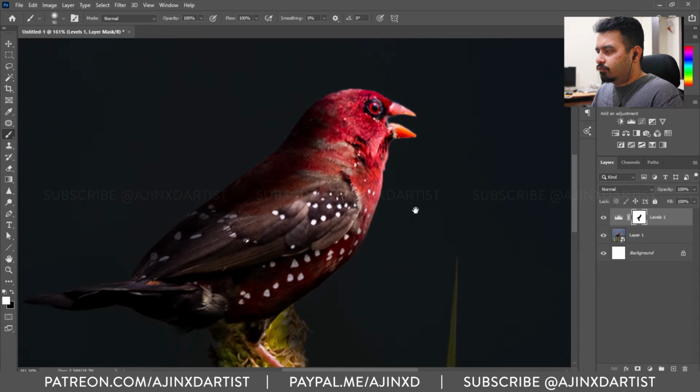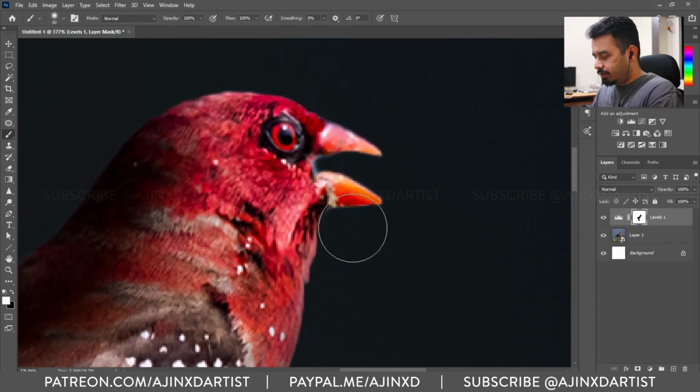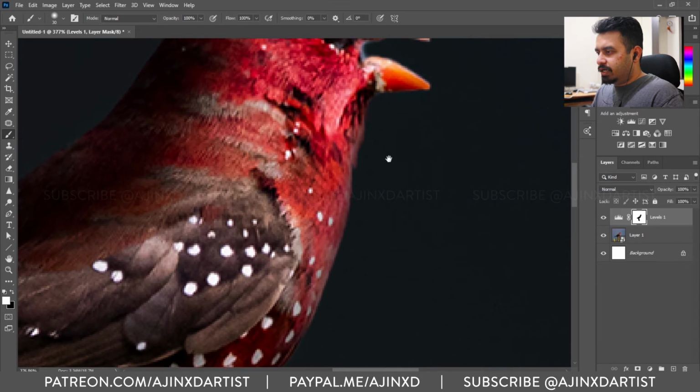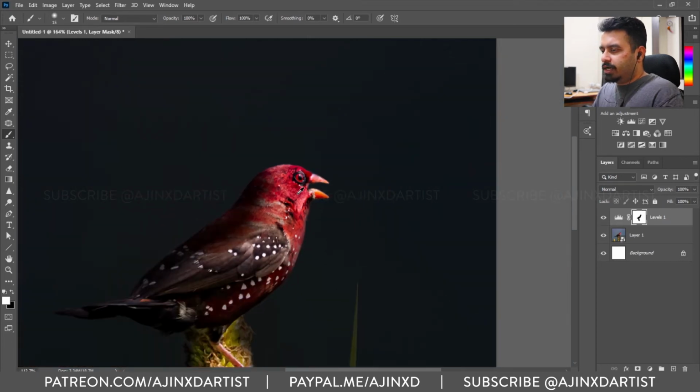Unfortunately, what Photoshop does with a selection is it's never 100% accurate, so you always have to go back and do it manually. Now I know there is light on this side, but to blend in the edges a bit more clear or smooth, I'm going over to the other side as well.